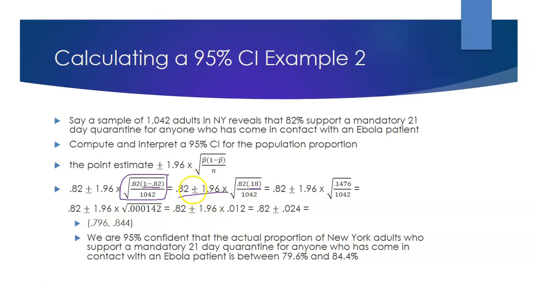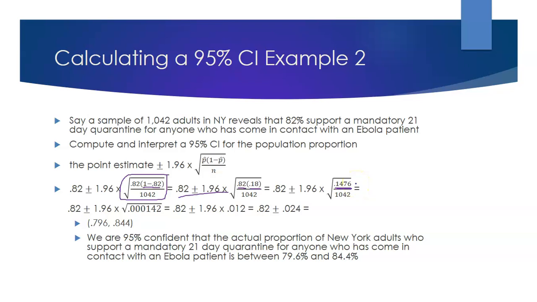We're not dealing with anything else in the equation until we finish solving for our standard error. After 1 minus p hat, we multiply the remaining information on our numerator. So we have 0.82 times 0.18. When these two values are next to each other in parentheses, that means multiplication. So 0.82 times 0.18 gives us a value of